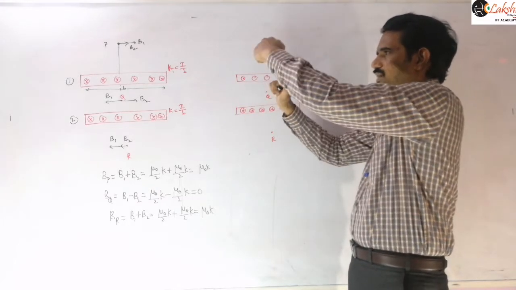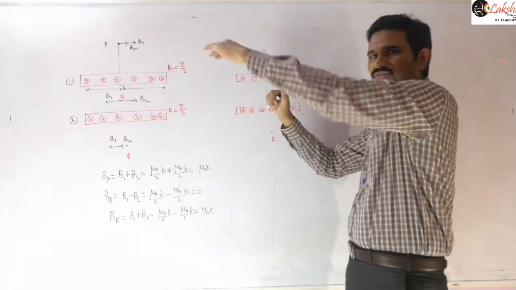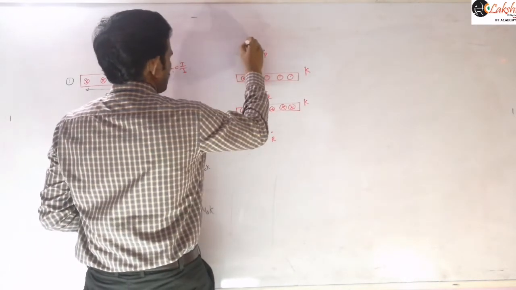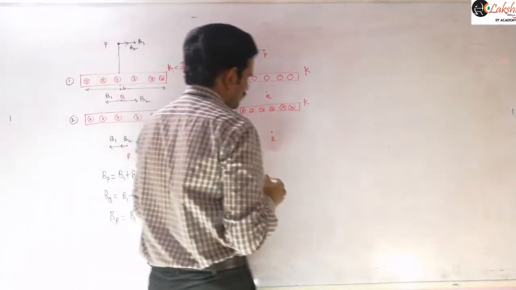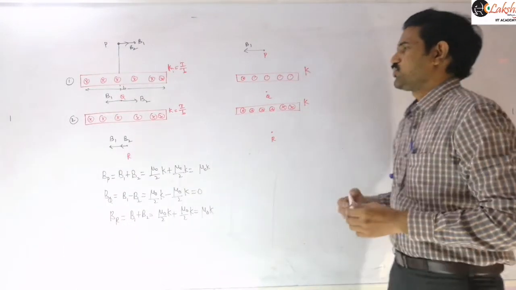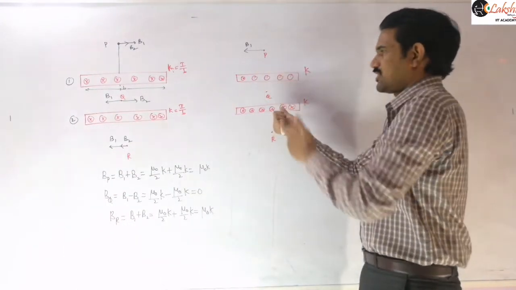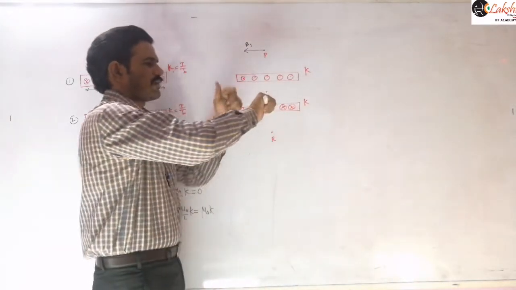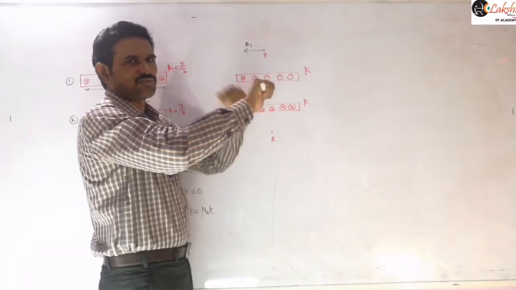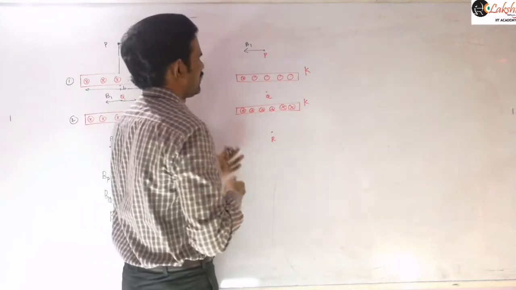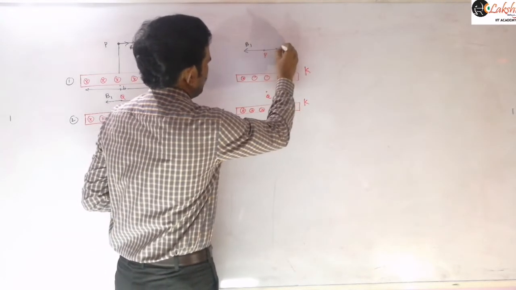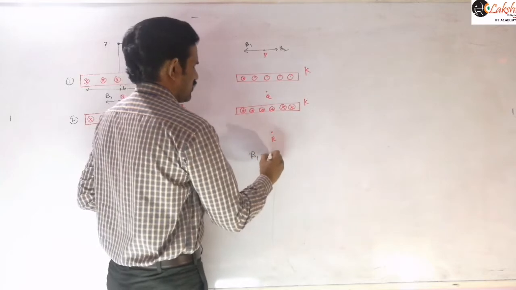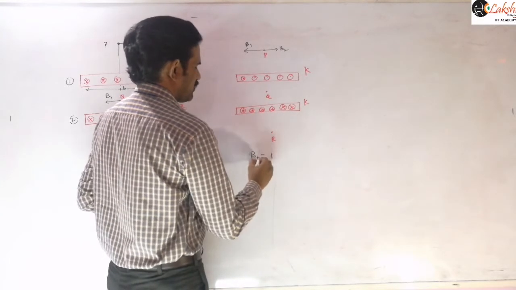So the field lines will be there like this. At the top, the magnetic field tangent will be along this direction. So the magnetic field at this point will be along this direction here, say B1. And next, for the magnetic field due to this plane, we already decided previously, current is flowing into the plane here. When current is flowing into the plane, the magnetic field lines will be there like this. And so the tangent at the top means you will get like this. And so then B2 will be along this direction.